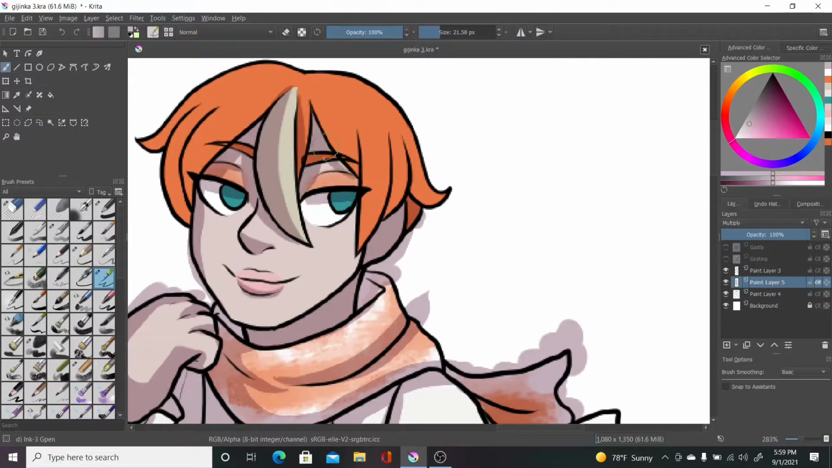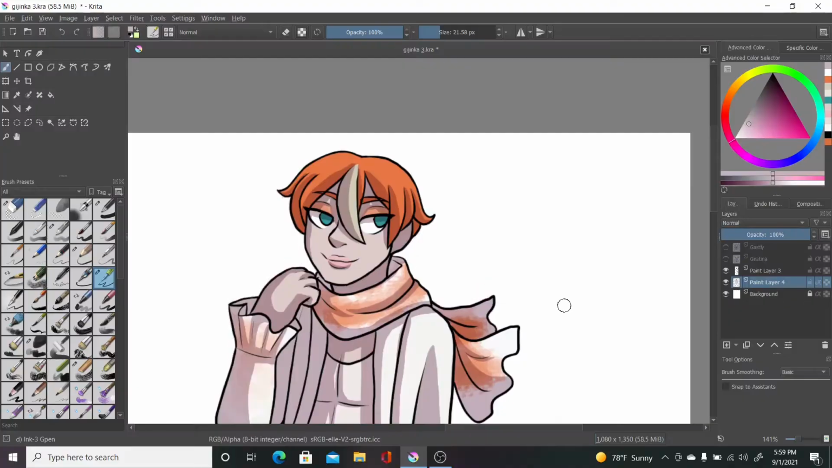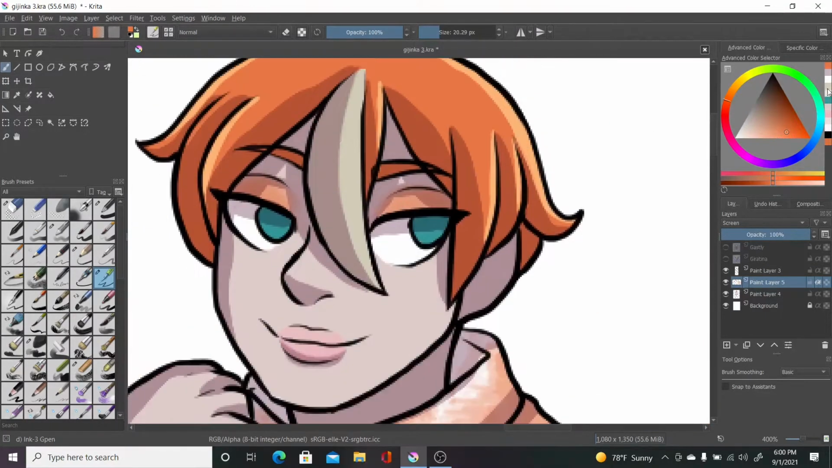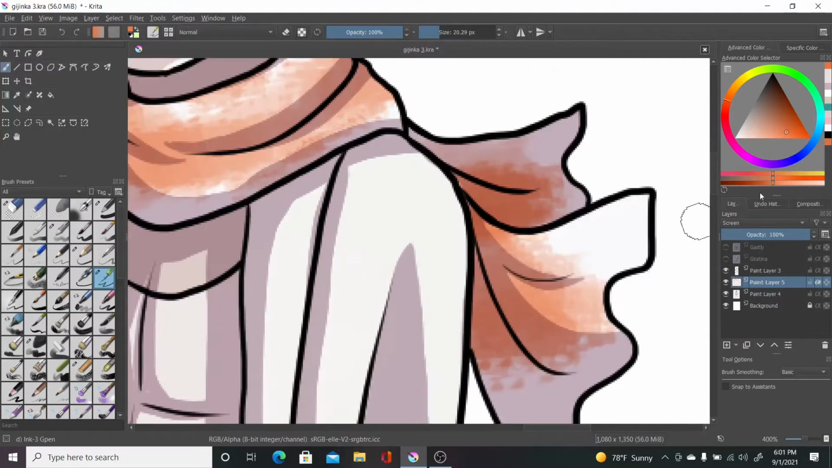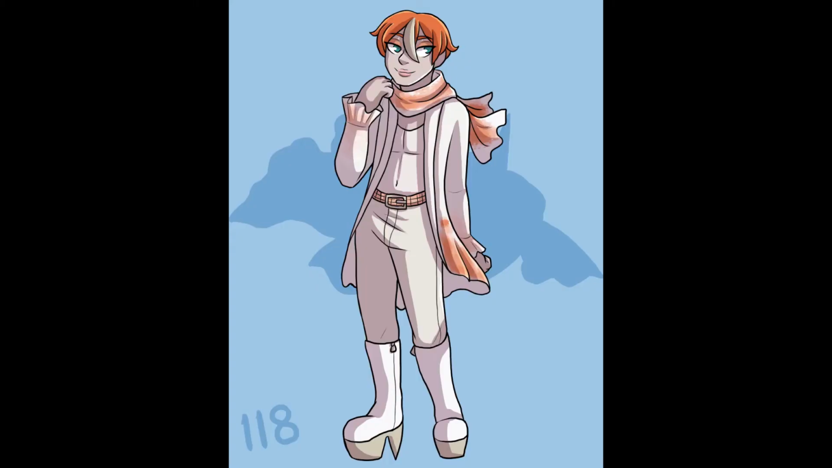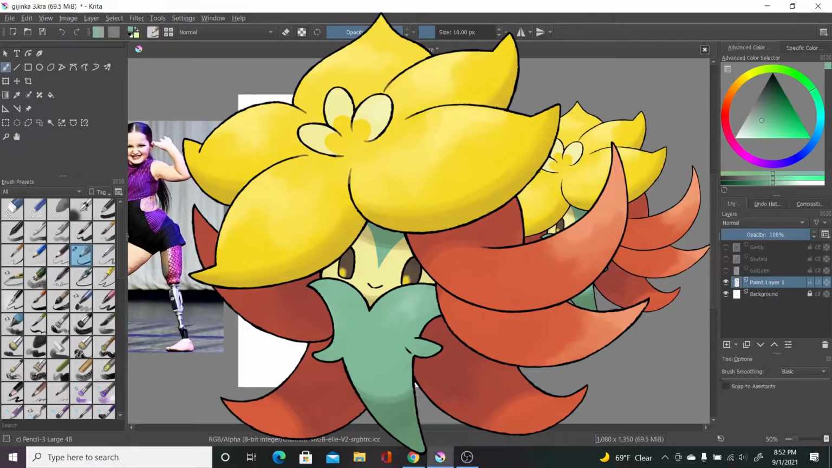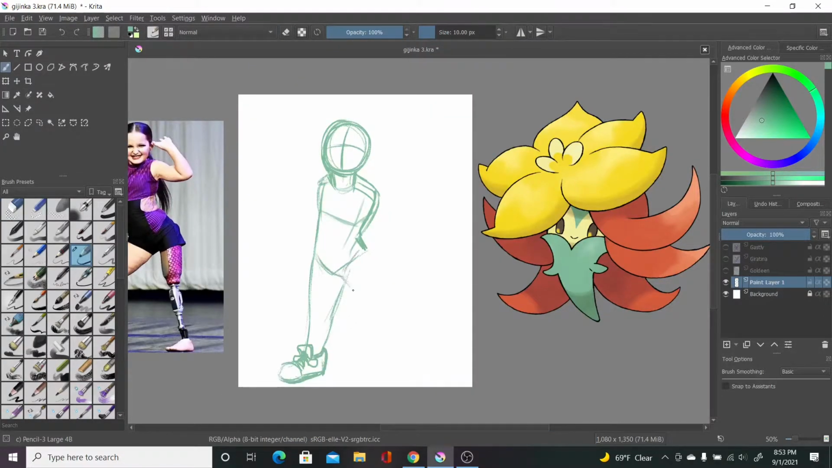But anyway, here's my Goldine. I love him. And let's get on to the next one. Wait, did I even mention his fabulous makeup? I feel like I did. Anyway, moving on to the next one, which is Gossifleur, who was very easy, but first I want to point